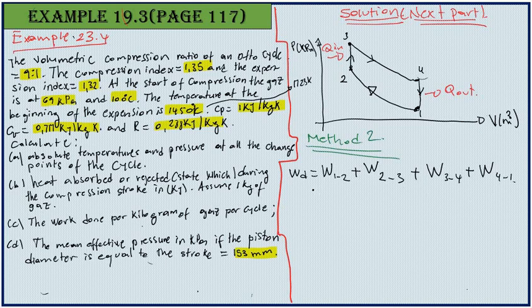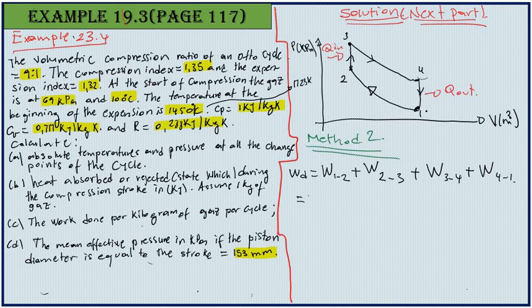Now see what's gonna happen here. We know that the process from 1 to 2 is polytropic. So we need to check the formula of the polytropic process